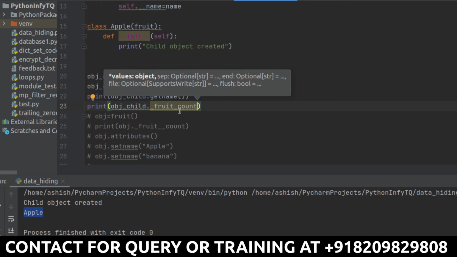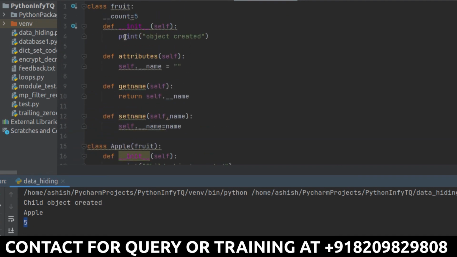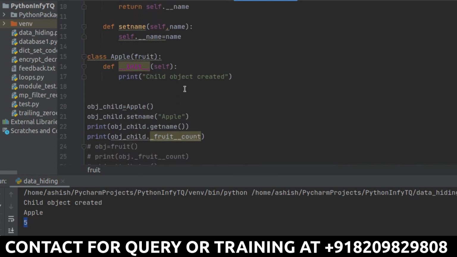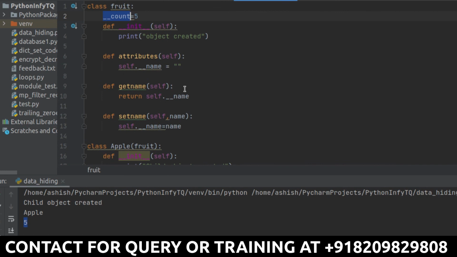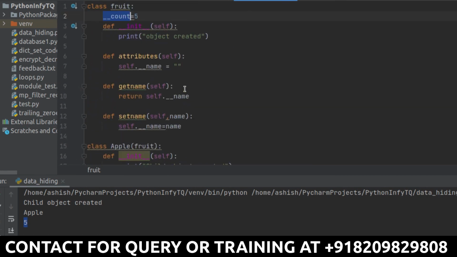Let me try to access this. Can you see? Just because I have inherited that class, I am able to access the attributes of the fruit class, even though that data is hidden. So this is how I can access all of them. Clear? So this is all about inheritance.